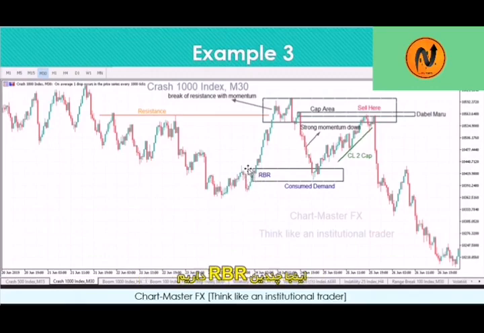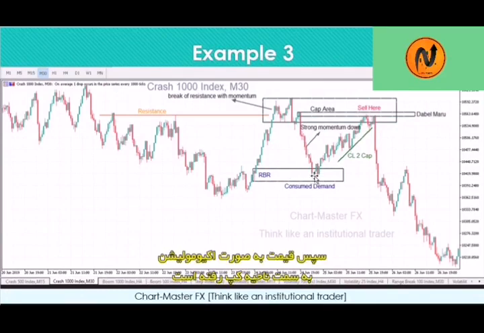So here, guys, you have your multiple rally-base-rallies. You can see we have this one, we have this one as well, we have this one. So you don't know which one is the correct one, but you don't care, because the price is actually going to tell you which one it needs to respect. And you can see that the price came here to this RBR, and this RBR was able to hold the price. And when the price was held here, you can see that the price actually started to go up towards the cap area, guys, in